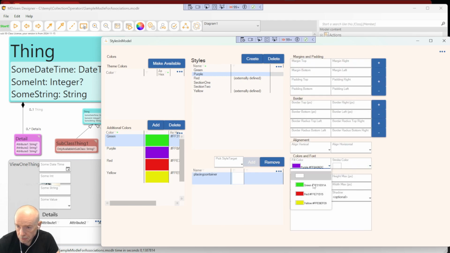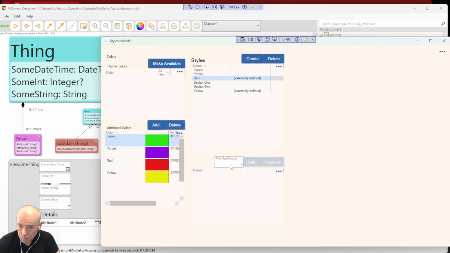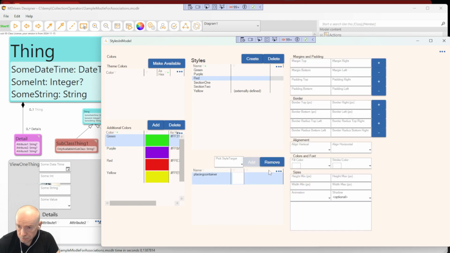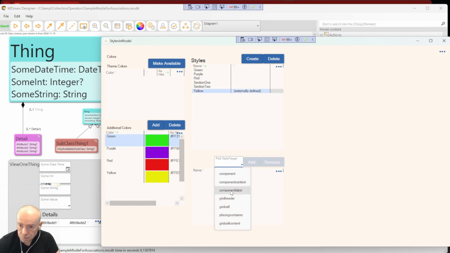And the fill is going to be purple. I'm going to have a border and put the border to 15. And for the red one, and for the yellow one,